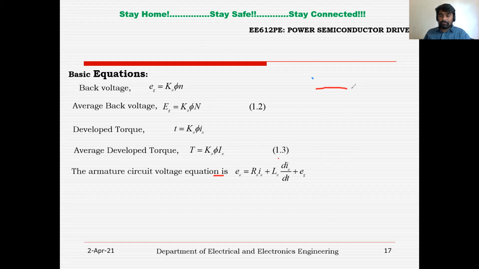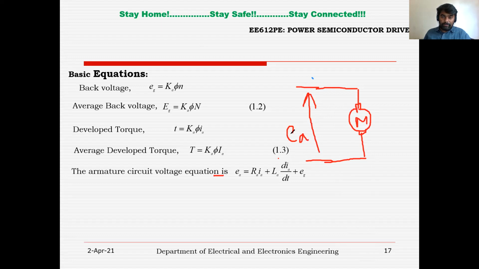And the motor armature is connected like this to a controlled converter, which may be a semi-controlled converter or a fully controlled converter. So depending upon which converter you are using, EA will depend, right? Now these are the armature terminal A and EA. Now you can replace this armature with its electrical equivalent circuit. The armature is represented by RA, the armature resistance, right? LA, which is the armature inductance, and the back EMF EG, right?